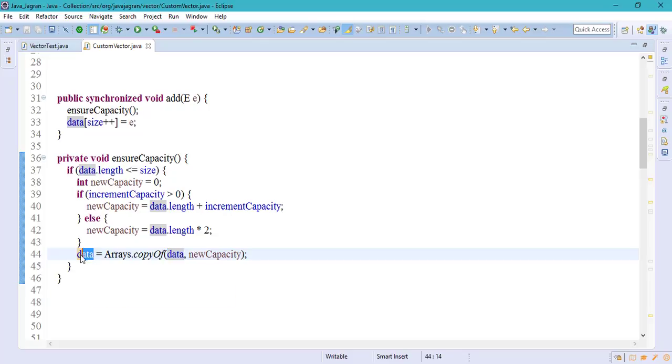I'm storing that array here. Suppose 10 data items are there and the new size is 15, it will create the new array with 15 buckets, then copy all the 10 data items into the new array, and return the new array. This is how all the operations happen if the size becomes full. If some space is still there in the array,